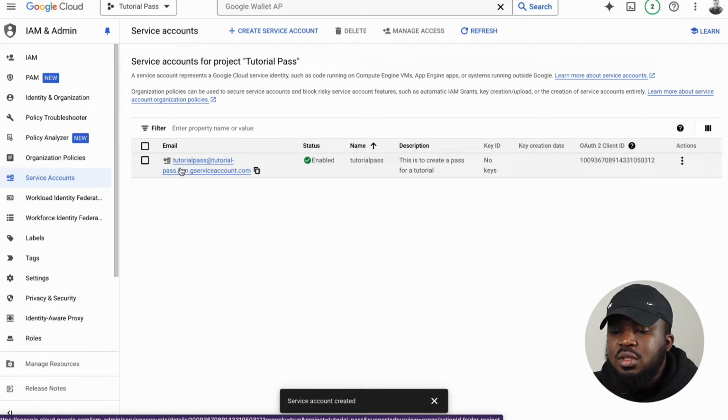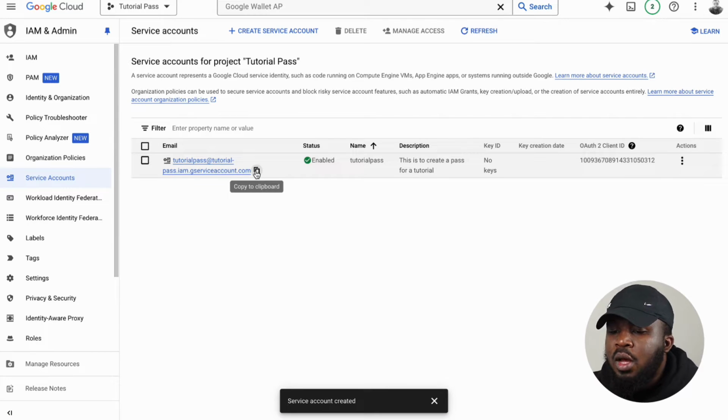So just copy and save this somewhere, but we can come back and copy this later. And then we're going to need the service account keys. So you're going to click on the 3 dots under actions here, which will take you to manage keys. So you click on manage keys,